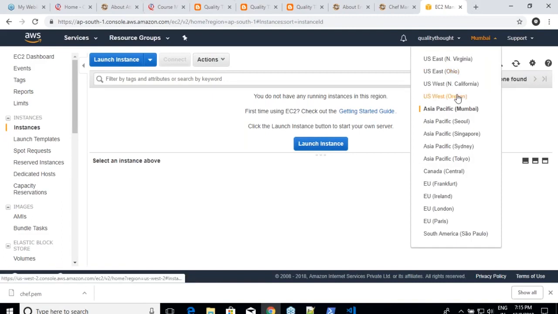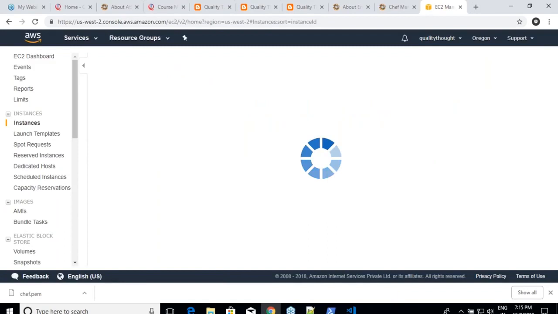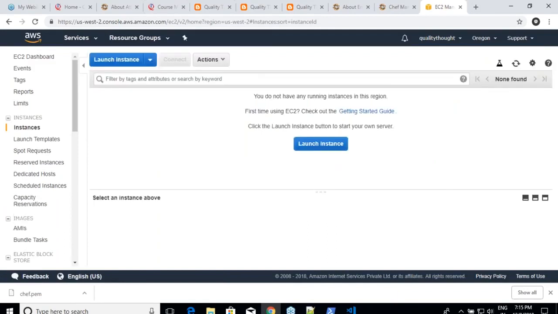For the people who didn't understand, whenever we create an AWS account, you will have a limit saying that you can create these many machines only, right? I have upper limits in the Oregon region, but not in the Mumbai region. In Mumbai, when I try to create 4, it will fail saying that you don't have permissions to create 4, right? For that, I have to raise a support ticket. But over here, I shouldn't have any problem.